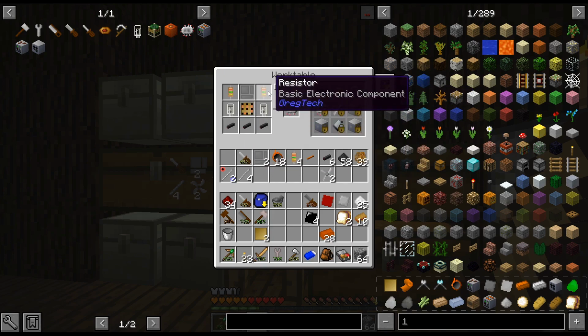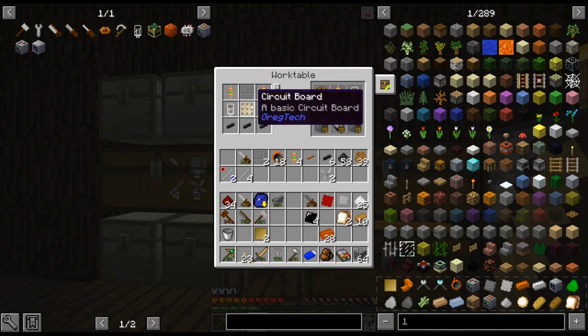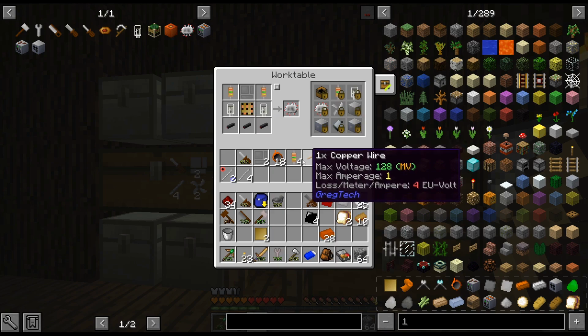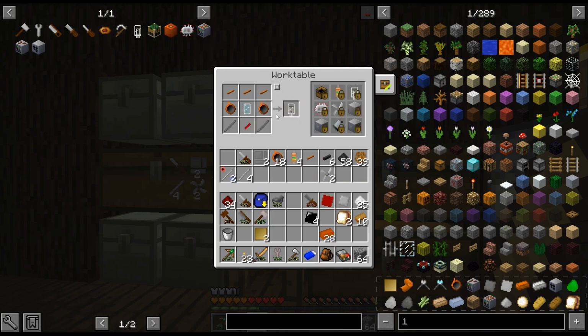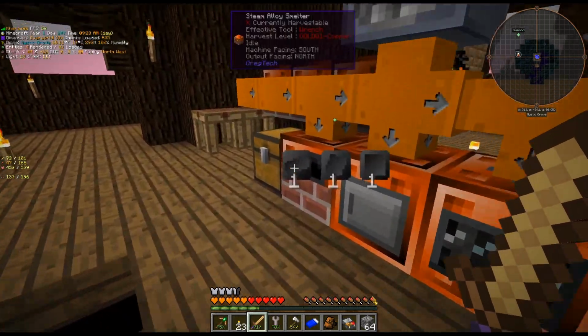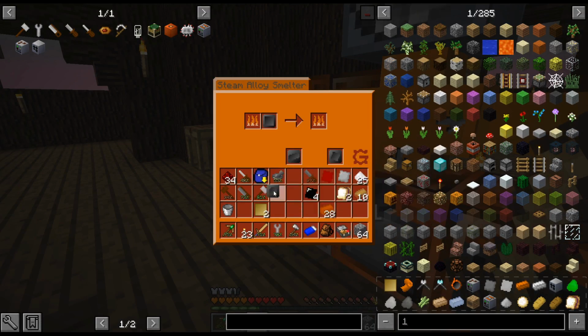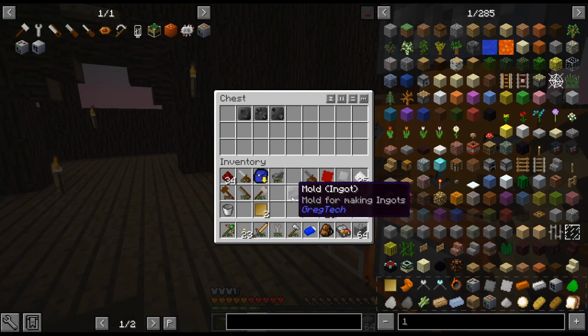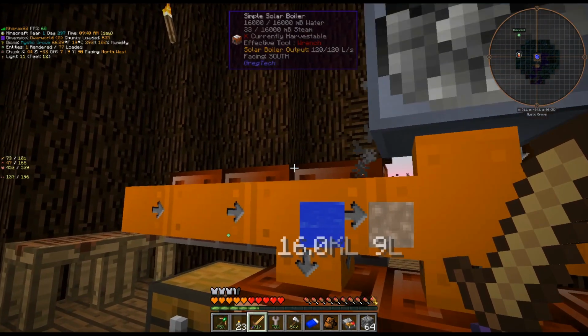So red alloy, we got our resistors, we got our steel casings. I'm working on the circuit board. So I need the copper wires that go around the circuit board. And then the vacuum tube. Oh, we need 5 copper wires there as well. And also, we need these. Also, I don't have the